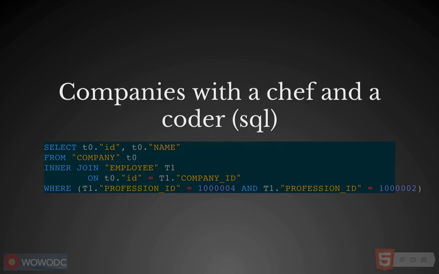Companies with a chef and a coder. We're selecting everything from company, doing an inner join on employee, foreign key to primary key, where profession is both a chef and a computer scientist. That will never return results because you can't be both a chef and a computer scientist at the same time. What we really wanted was to find one person who was a chef and a different person who was a